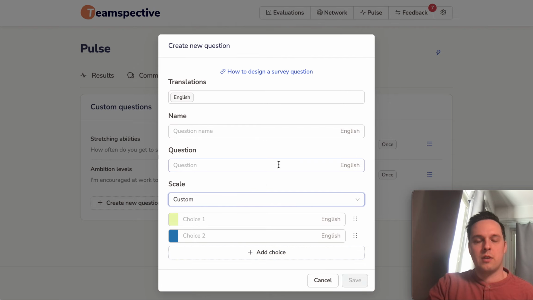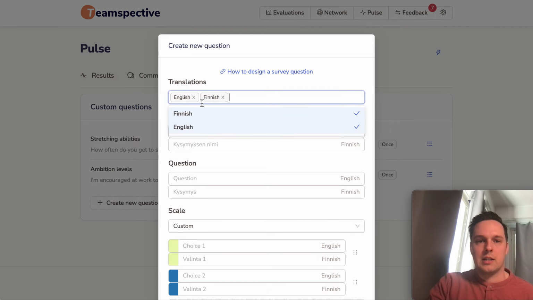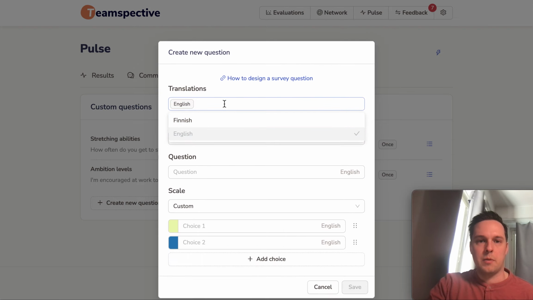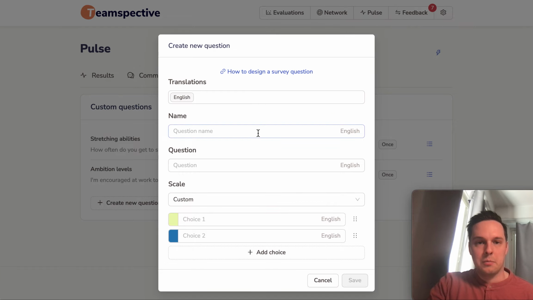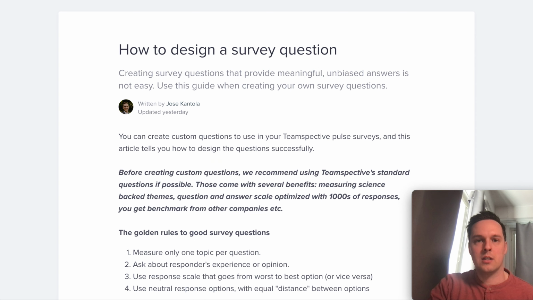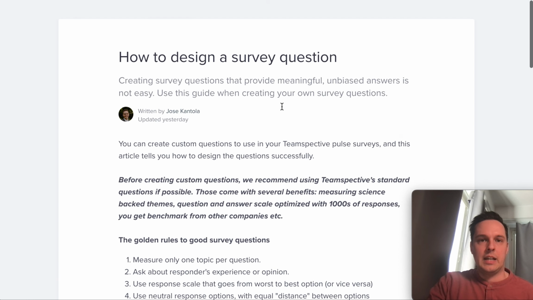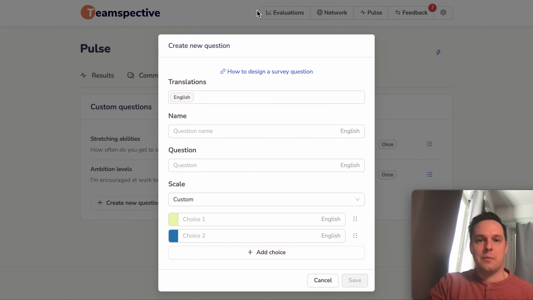But you can also use and create a custom options if you want. If your organization has people using Teamspective in multiple languages, you can select the languages here, and then you can add translation for every option while you go about it. If you need any further help and tips for designing the surveys, you can always look for our materials. So we have some best practices here, how to create a question that is easy to understand, provides reliable data, and so on. And of course, there's always the Teamspective team available to consult you if you have any further